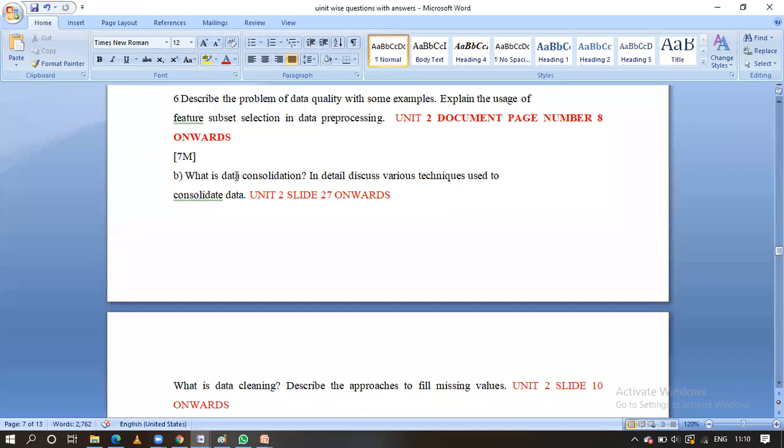Data consolidation is near to data integration. It is close to integration. How to write it down: related to integration and integration techniques like aggregation. Those are the things we have to write. Let us go for that once. Unit 2, slide 27. Almost everyone has responded, very good, you responded very fast. Various data in a single place, that we call integration. Am I right or wrong? Yes, that is integration.